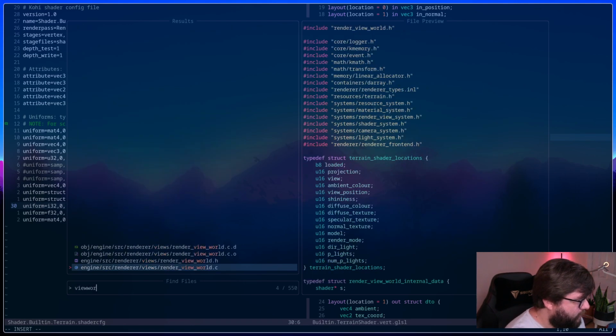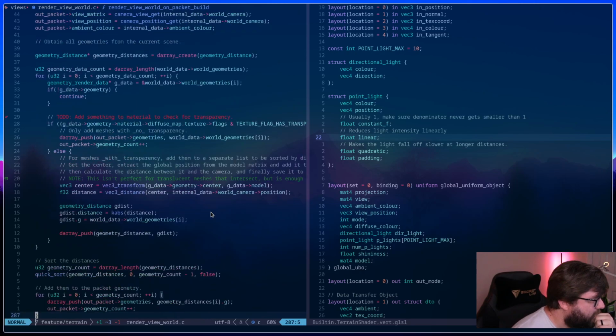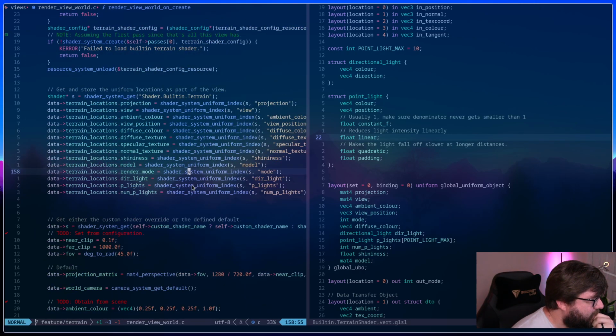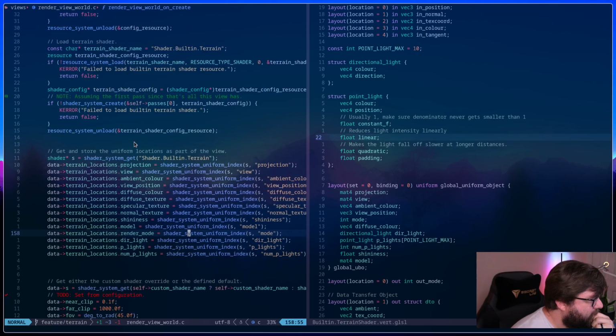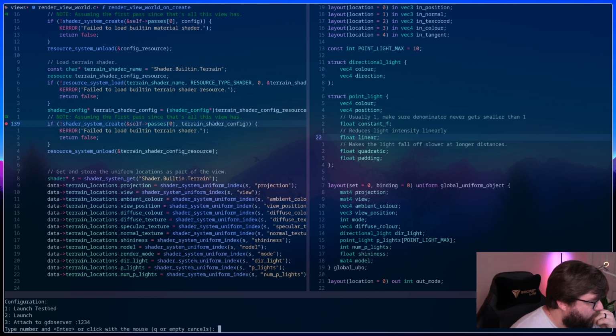View world C. And when we do the load of the shader, right here, I'll set my breakpoint here, and we'll see what we get.